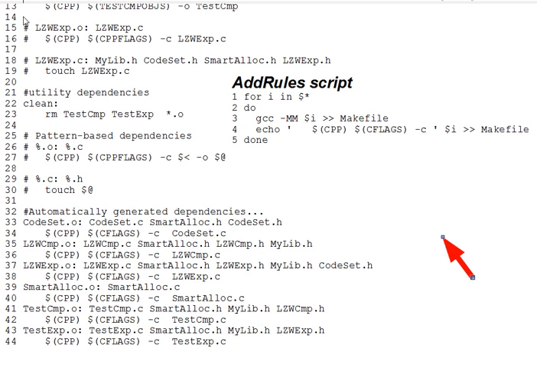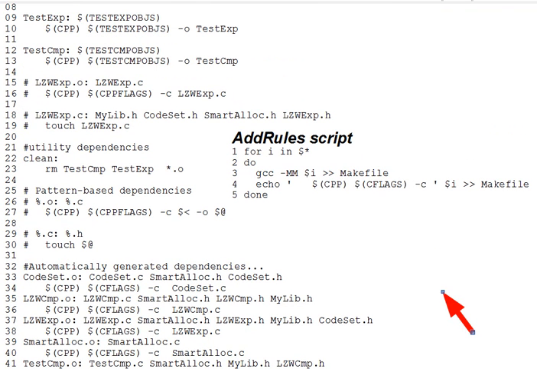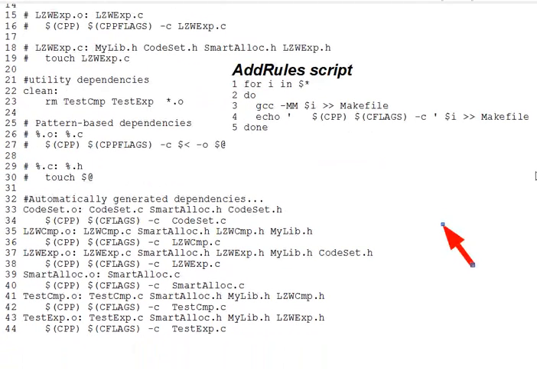first target, which in this case is going to be test.exp. And touching lzwexp.h results in a rebuild of lzwexp.o per line 37, and of test.exp.o per line 43, but not of codeset.o, nor of smartalec.o, since neither of